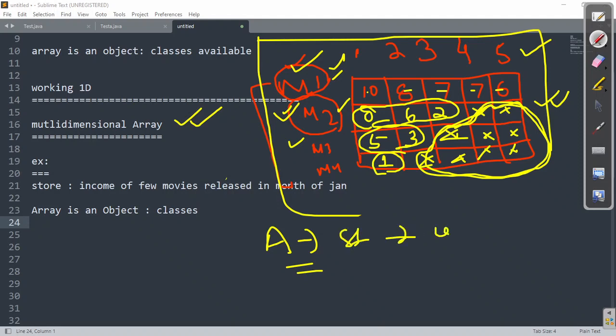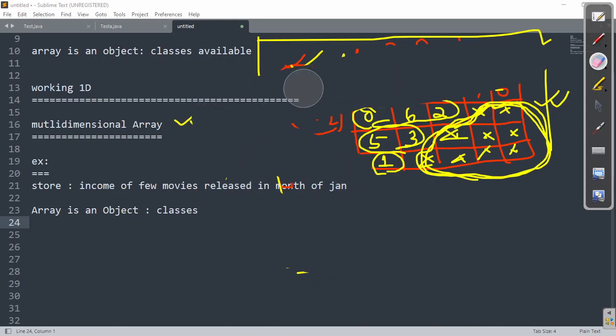Again, memory utilization is under a constraint, right? It is a limitation. With this constraint, if we go for a double dimension array in matrix format, the same story happens. So performance will be 100% degraded, right?